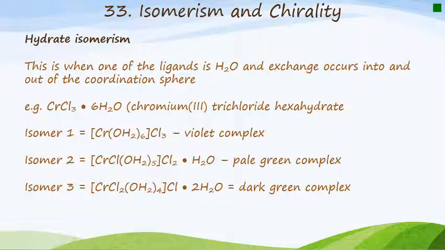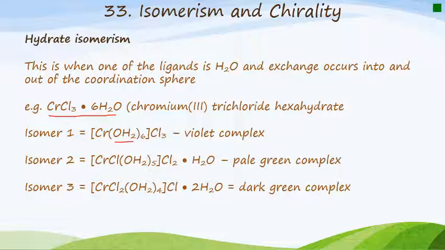We have something called hydrate isomerism now. This is where one of the ligands is water and exchange occurs into and out of the coordination sphere. It's specifically related to complexes where there is water. So let's have a look at the example of chromium(III) trichloride hexahydrate, which you know the formula from first year as this. This can form 3 isomers where we have 6 water molecules on the inside of the coordination